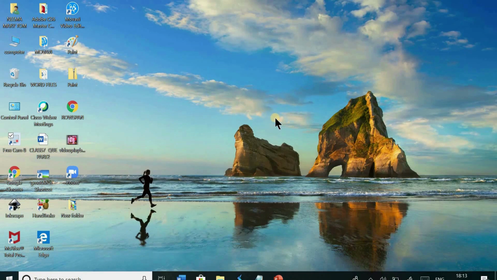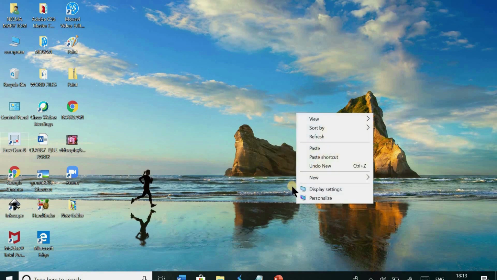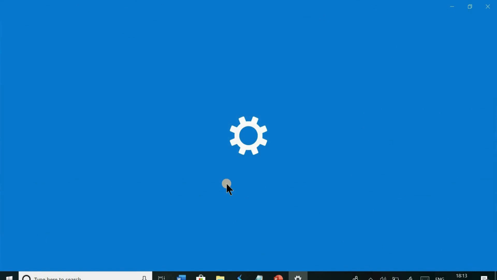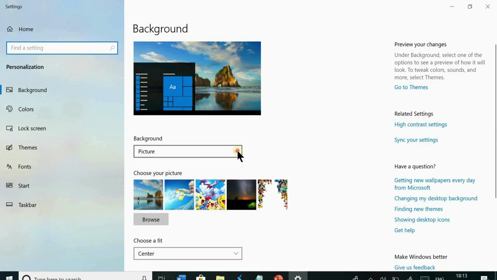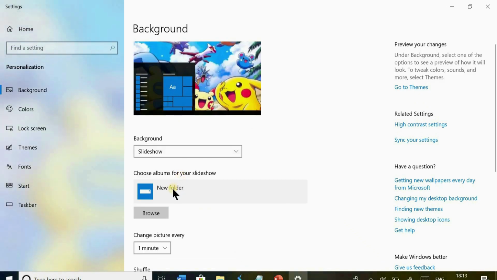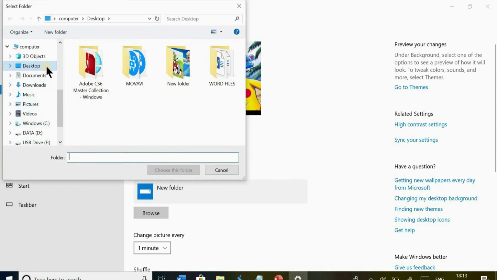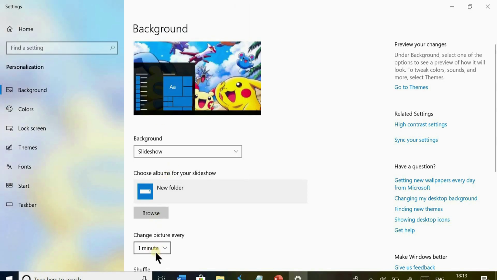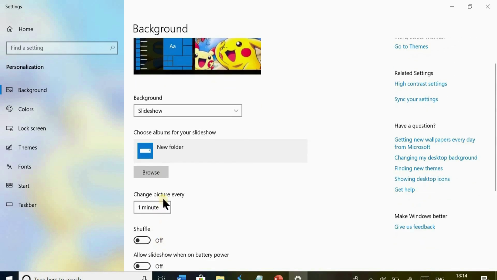We can set a slideshow also here. For that, right click anywhere in the blank area, select the Personalize option. From the new window, select Slideshow from the Background menu, and here you have to keep all the pictures in a particular folder and select that folder. Browse for the folder. I am selecting the folder from Desktop, New folder. Choose the folder, and here we can set the timing duration.